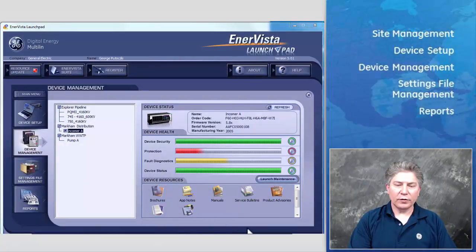For the device resources, when a device is highlighted under the product tree, like it is here, the device resources provide shortcuts to the already downloaded resources for the selected device in the software and document management. So you can double click on the icon and it'll open that particular document in the document library. As more resources are downloaded, the additional shortcuts will also be added here. So if I double click on, say, the manuals, for instance,